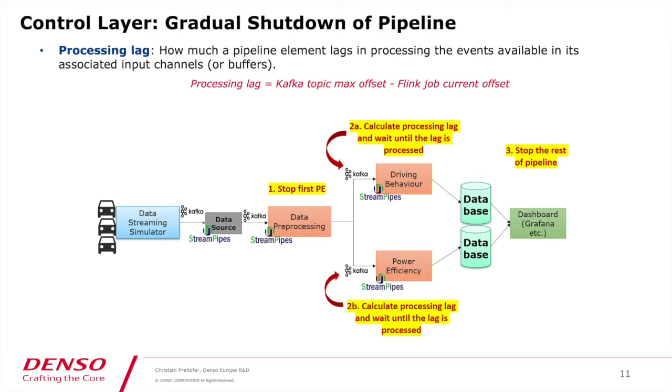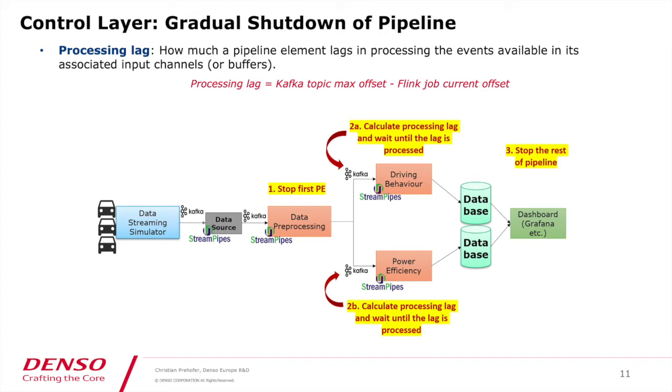a pipeline element lags in processing the events available in its associated input channels or buffers. To calculate this processing lag, we have utilized the information from Apache Kafka and Apache Flink regarding the communication channel and associated pipeline element. So the procedure we have devised and implemented follows a simple traversal approach. We start from the start of the pipeline, and for each pipeline element, we first check whether it has utilized